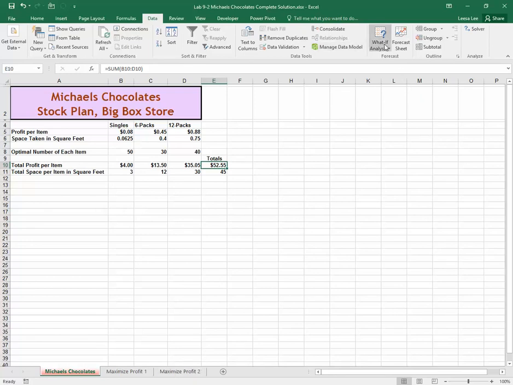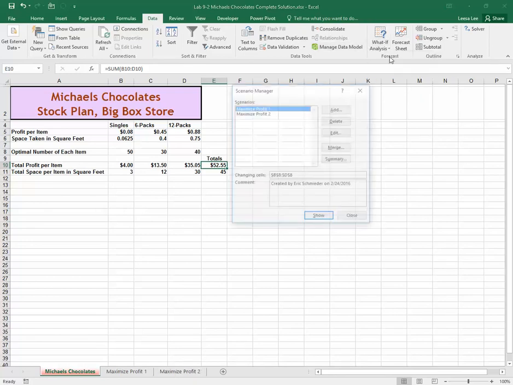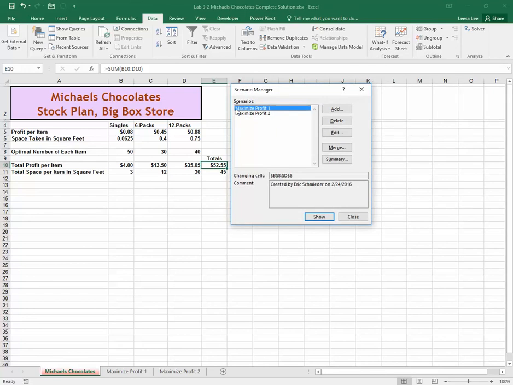To review the scenarios, you go to What If Analysis, Scenario Manager. Right now we're looking at the Profit 1 scenario, so if you want to show the Profit 2 scenario, you select it here, and then you hit Show, and then you see the numbers change. Back to Profit 1 and Show, and you can see the profit change. Alright, so to create the scenario summary, you click on the Summary tool,